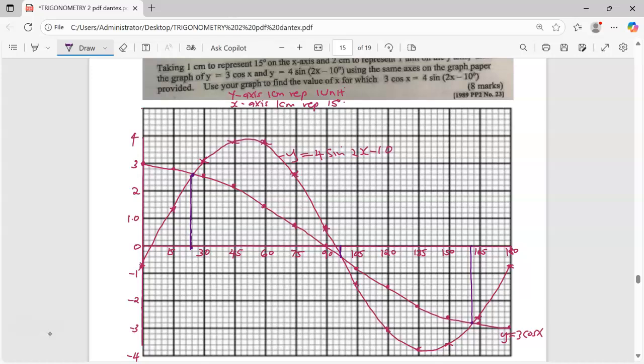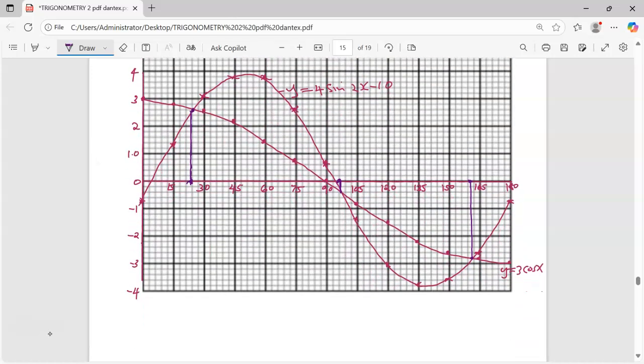So the value of x at these points will give us the solution, and therefore the value of x at the first point will be around 25.5 degrees. Another value of x at the point of intersection will be around 96, 97 point around 3. That is exactly